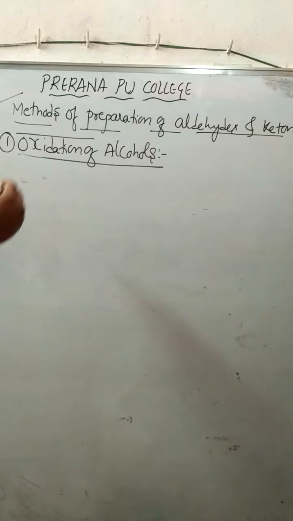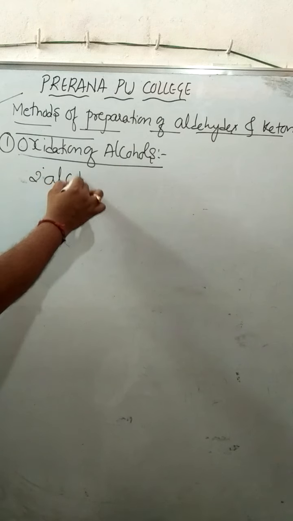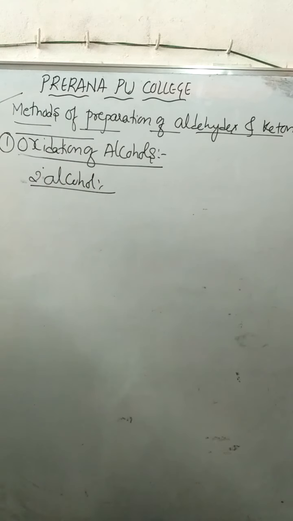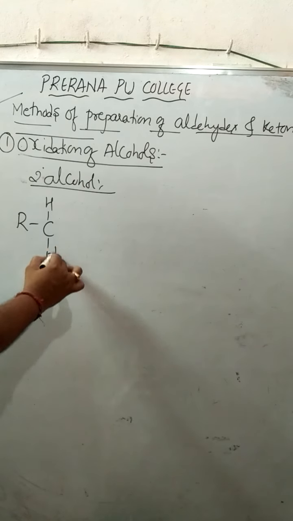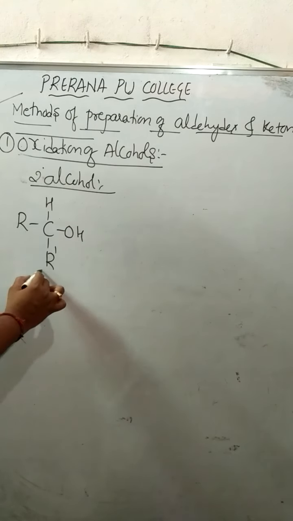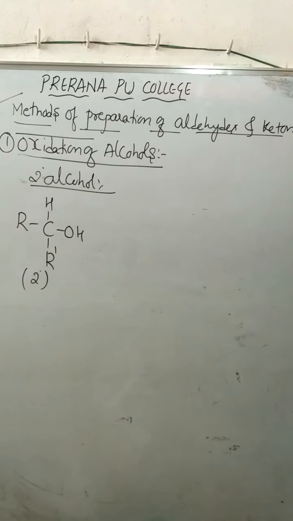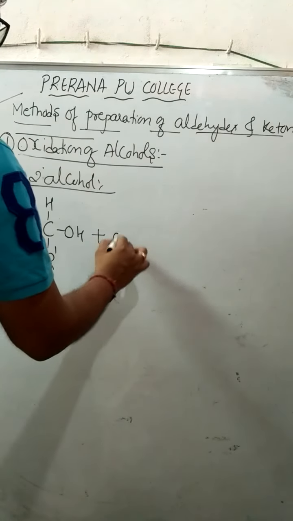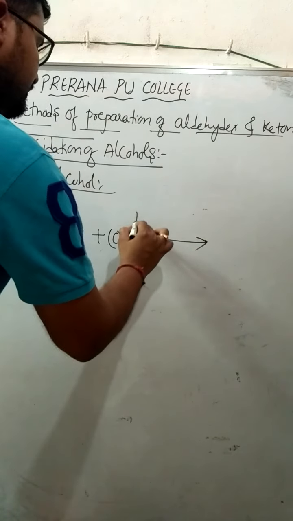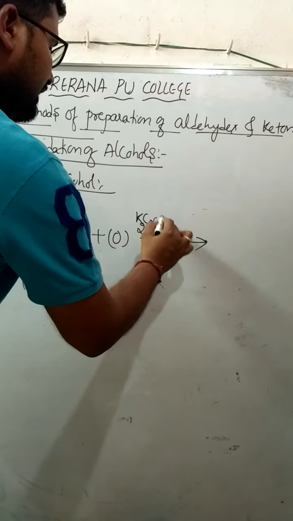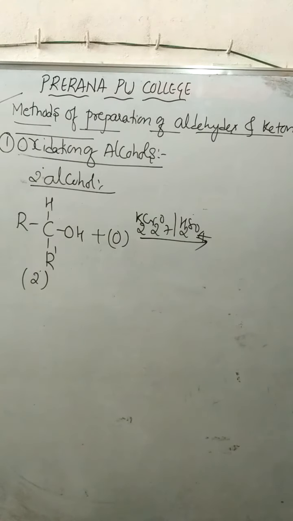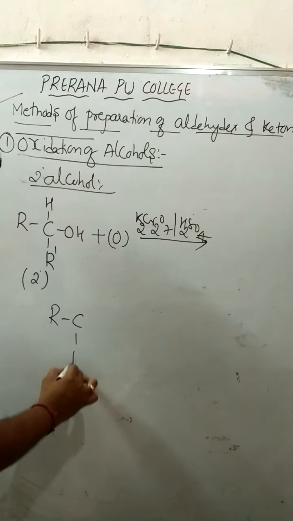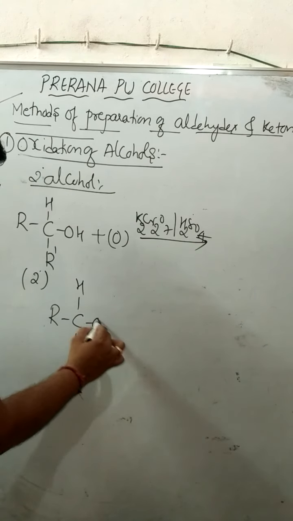Now let us consider a secondary alcohol and let us write a reaction for how a ketone is obtained. So when I take a secondary alcohol, that is R-CH(OH)-R, this is nothing but a secondary alcohol or a 2 degree alcohol. When this secondary alcohol is subjected to oxidation in the presence of acidified K2Cr2O7, here ketone will be the major product. Now a question arises how ketone will be the major product. So this is the secondary alcohol which is involved.